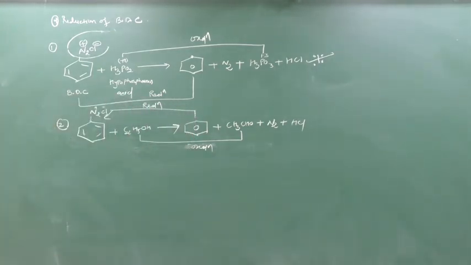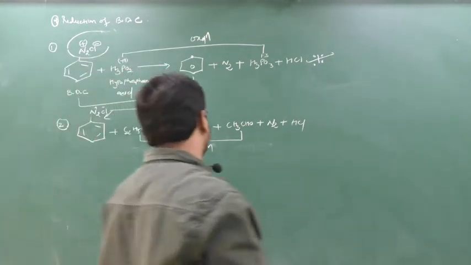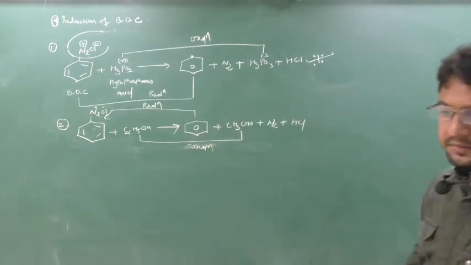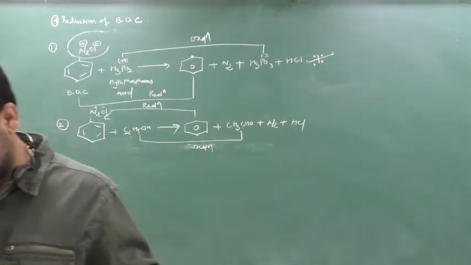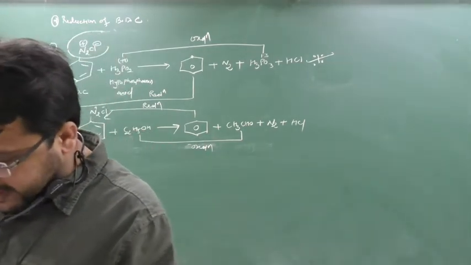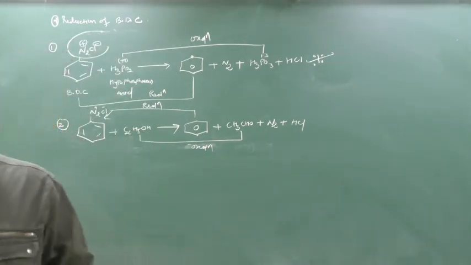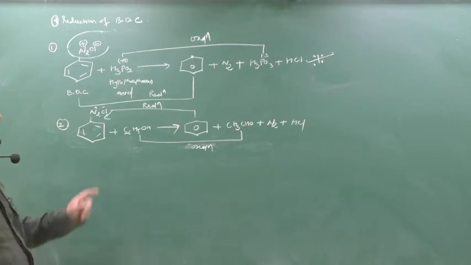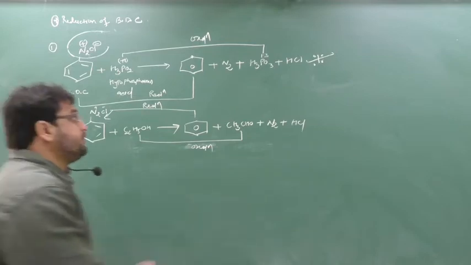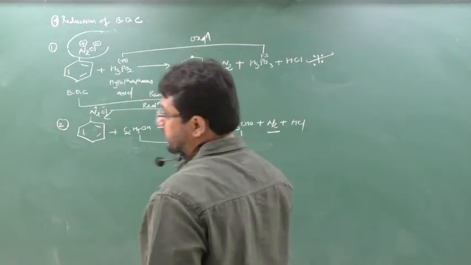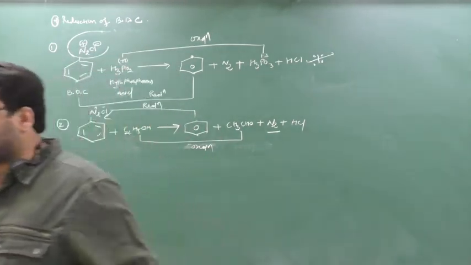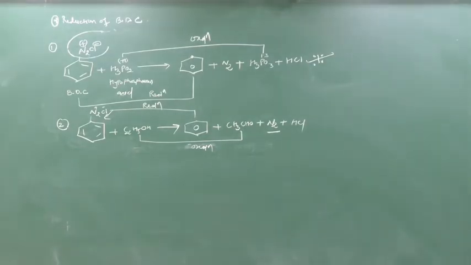These two are the reactions which will prove the reduction of benzene diazonium chloride. Easily it is proving. Clear this part? Write down, these reactions are very important. Done this? Chalo. So next we are going to see the chemical properties of benzene diazonium chloride. So these are the chemical properties with the removal of nitrogen. Now next we are going to see the chemical properties of benzene diazonium chloride based on the retaining of N2 group. Take a screenshot, I'll go to the next.